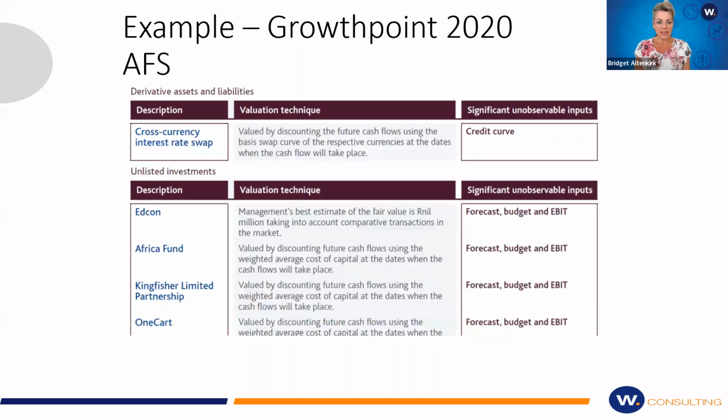I see a question has come through. Can we apply this technique to financial assets loans when testing for impairment? So I'm going to say no, because the expected credit loss model, which is required in accordance with IFRS 9, is specific. The guidance for that is contained specifically within IFRS 9 itself. So although, yes, when you're looking at how do you do your measurement of your expected credit losses, it does require you to go and,